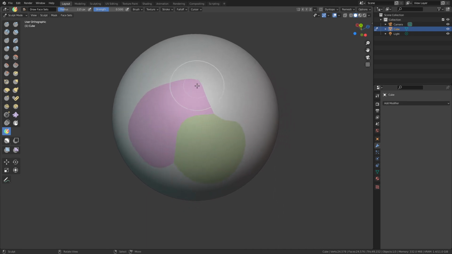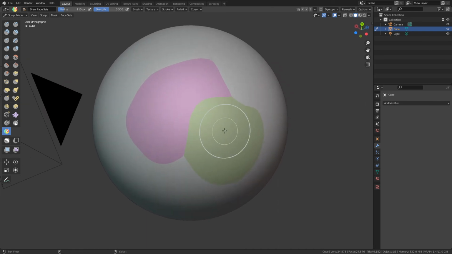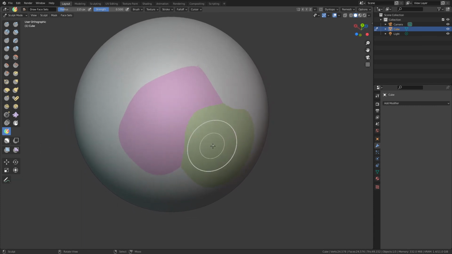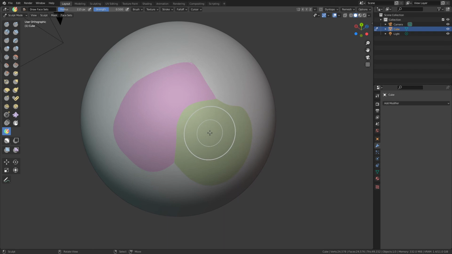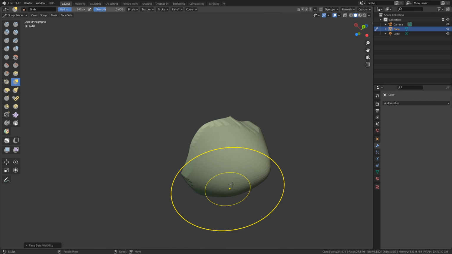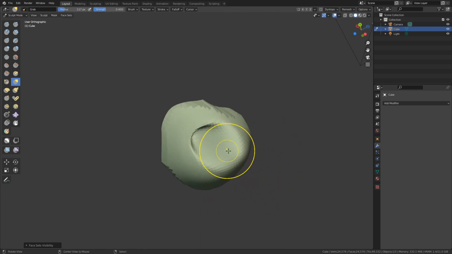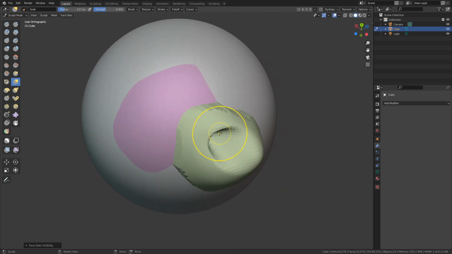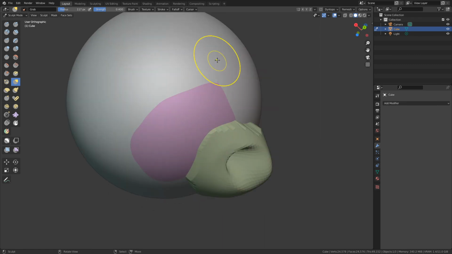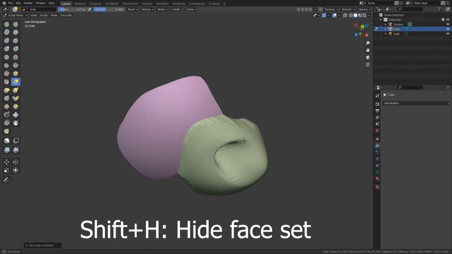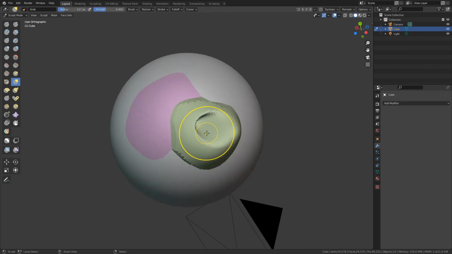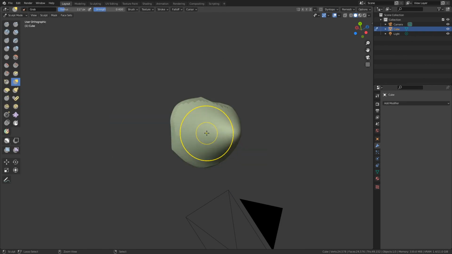So the functionality of these face sets is basically to help us isolate some areas without modifying the rest. Like a kind of masking. If we press the H key, we are going to isolate this area. We can manipulate it without modifying the rest. With H, we are going to hide the rest, and with Shift H, we are going to hide what I have over the cursor. I'm going back here with Ctrl C,